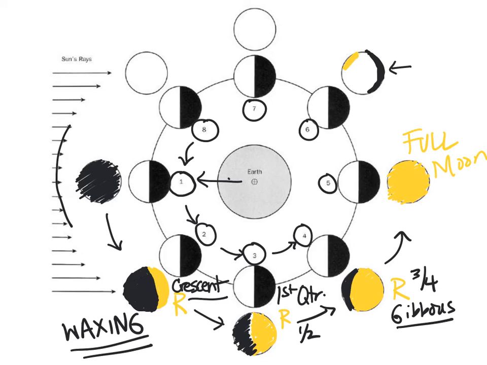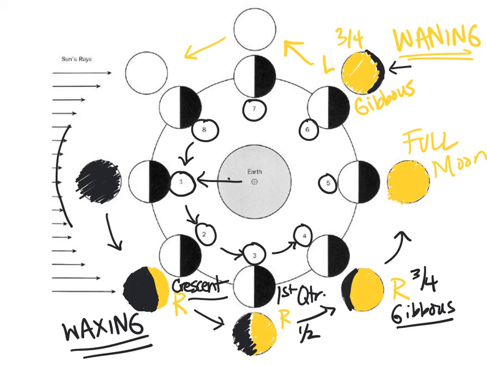So we still have 3/4 of it illuminated, but now it's going to look like the illumination is on the left-hand side. Okay, so this is the left-hand side. We have 3/4, so we call this gibbous. A 3/4 moon is a gibbous, but because we are now shrinking in luminosity, this is waning. So waning means shrinking. So this is a waning gibbous. Then I have